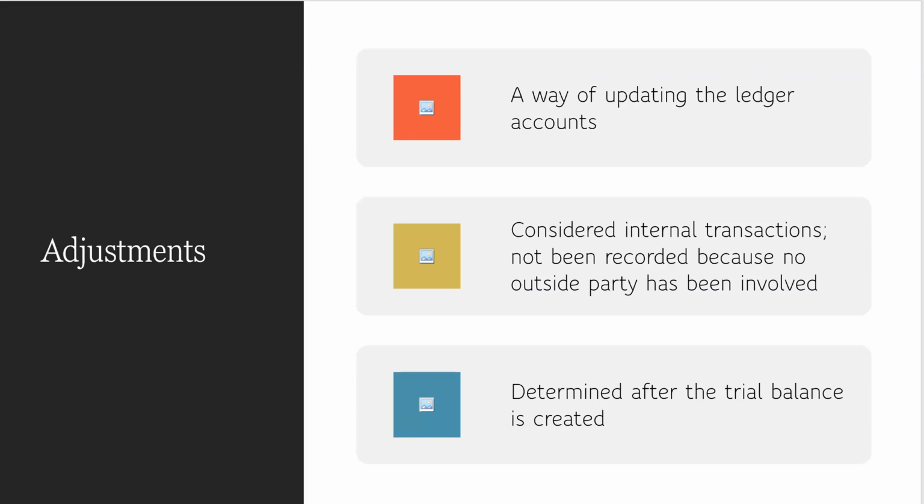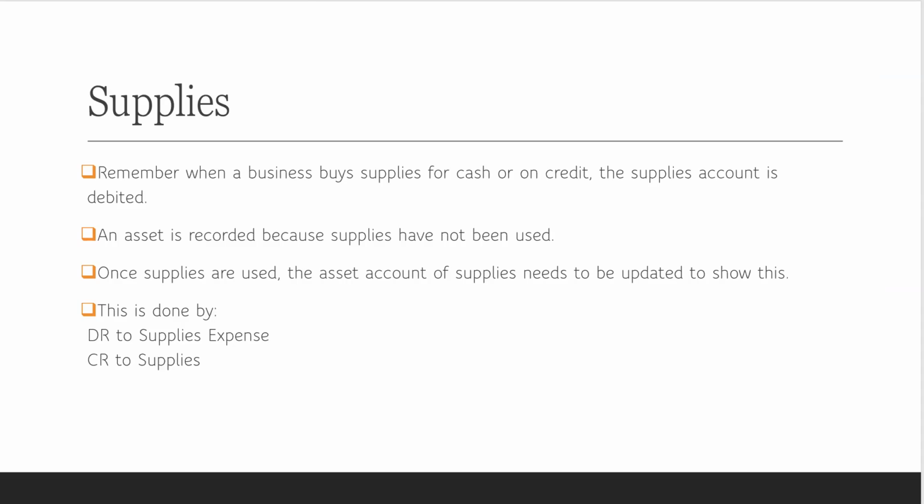Okay. So the first type of adjustment we'll look at is one that goes with supplies. If you remember, when supplies are bought, the supplies account is debited. Supplies are an asset. So suppose a company buys 120 pencils, and we'll debit the asset account for the value of those pencils. But as time goes on, those pencils are going to be used up. So we need to adjust that supplies asset account to show that it no longer has as much in it